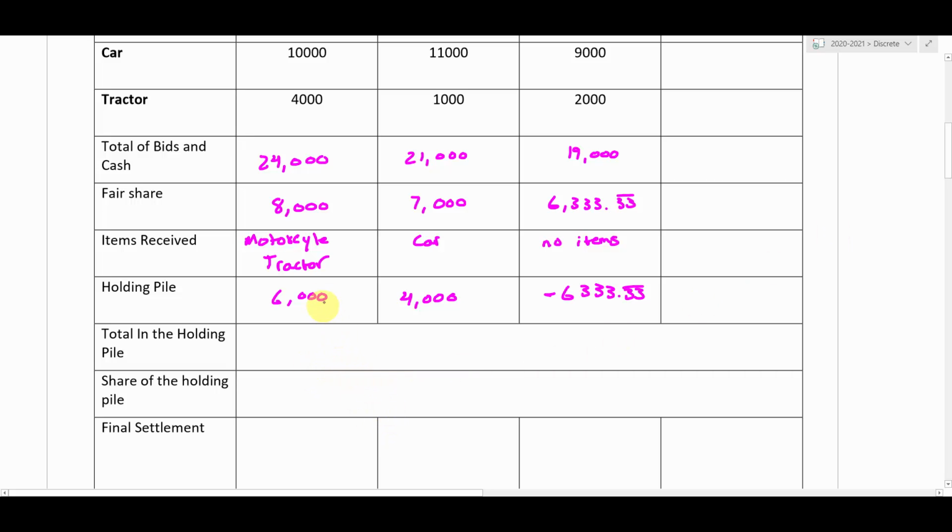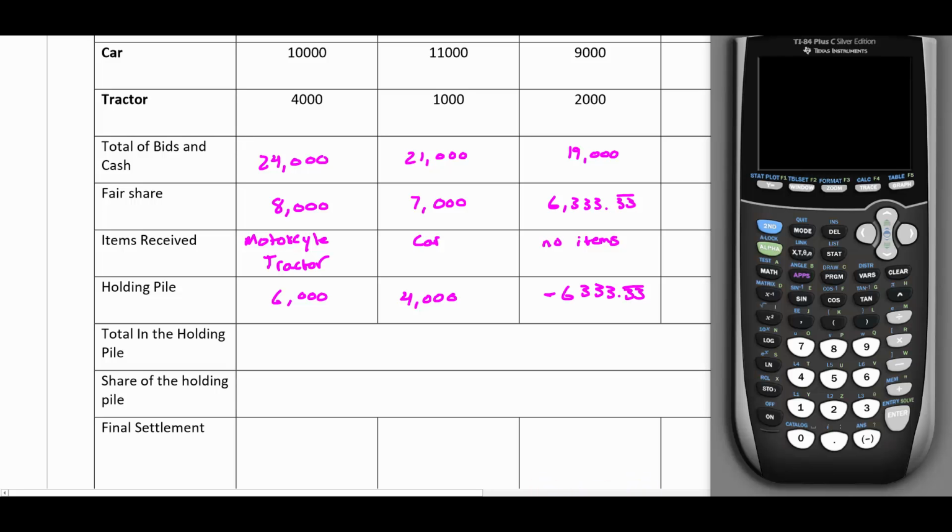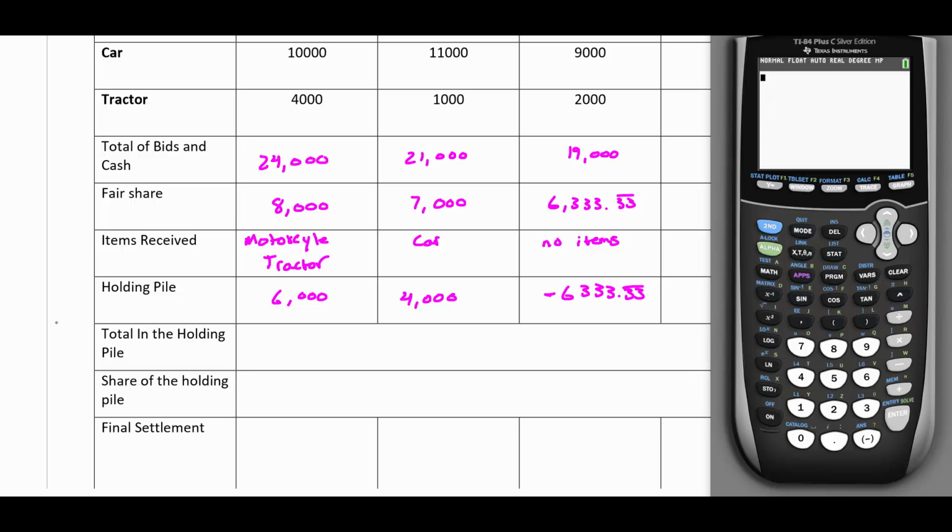So now I'm going to go through and figure out how much money is left in the holding pile. So I'll bring up my calculator and I just add these 3 numbers together. Okay, so we're going to do 6,000 plus 4,000 minus